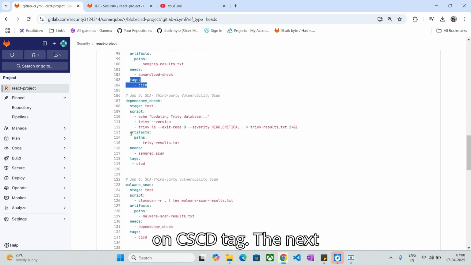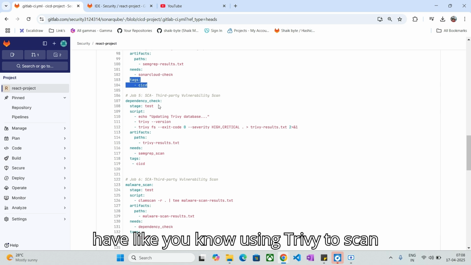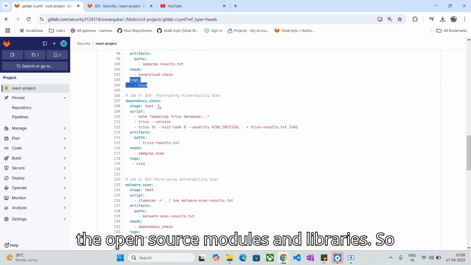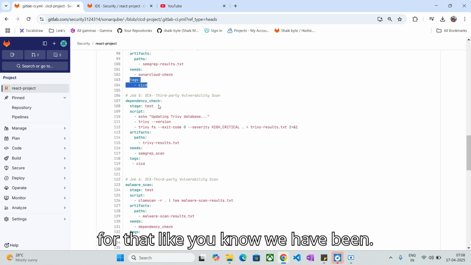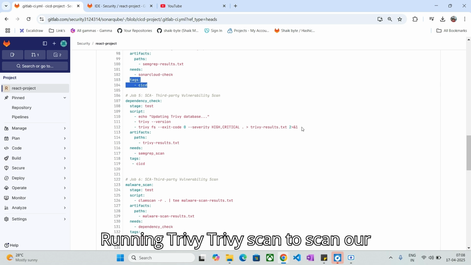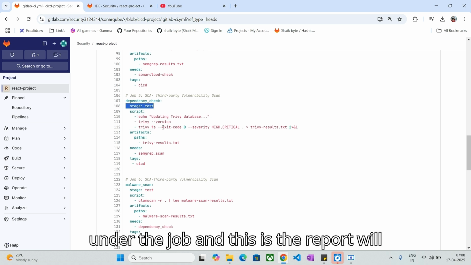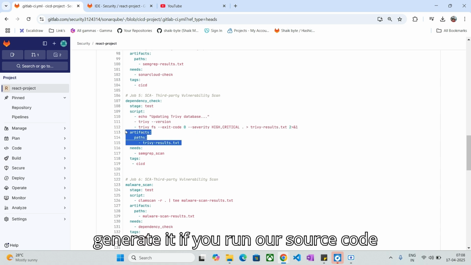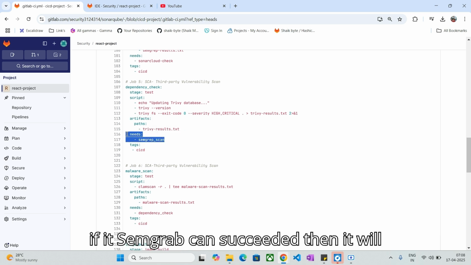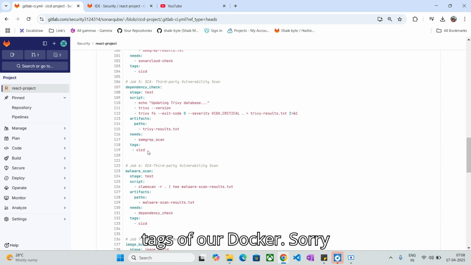And this depends on the Sonar Cloud check job for job dependency, and it is running on the CICD tag. And the next one we have is the dependency check, where we are using Trivy to scan our source code for third party vulnerabilities, since we regularly import open source modules and libraries. So for that, we have been running a Trivy scan on our source code. This is the command that we are using, this is the stage it's under, and this is the report that will be generated if you run it on our source code. And this depends on Semgrep scan. So if Semgrep has succeeded, then it will come to the next stage. And these are the tags of our docker